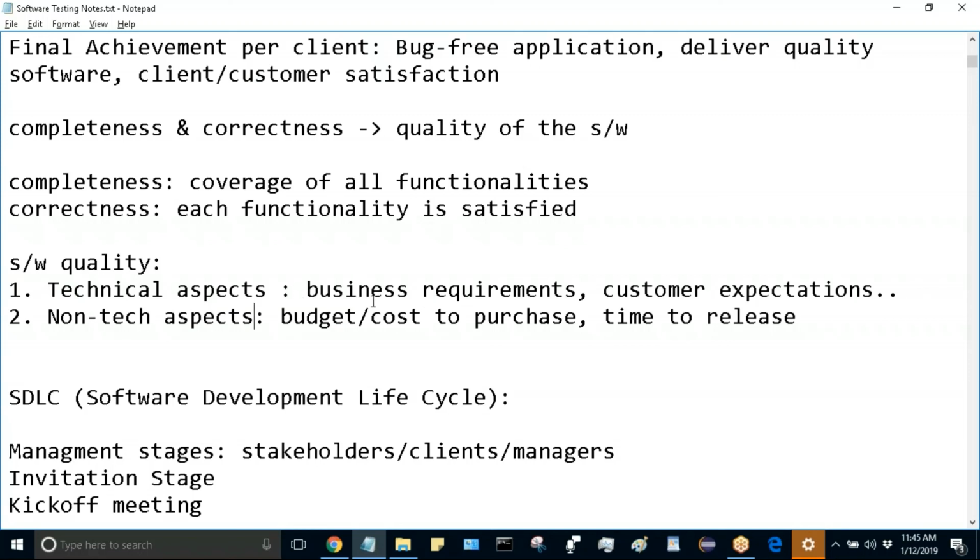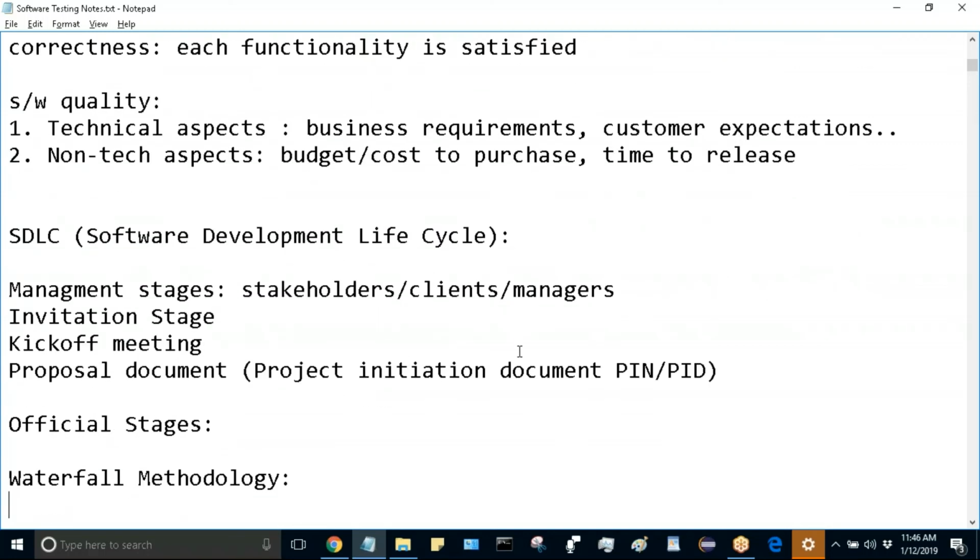We need to understand the business requirements, thereby understand the customer expectations, and accordingly write our test scenarios and test cases. Okay, so that's a brief introduction about testing. Now let's jump into software